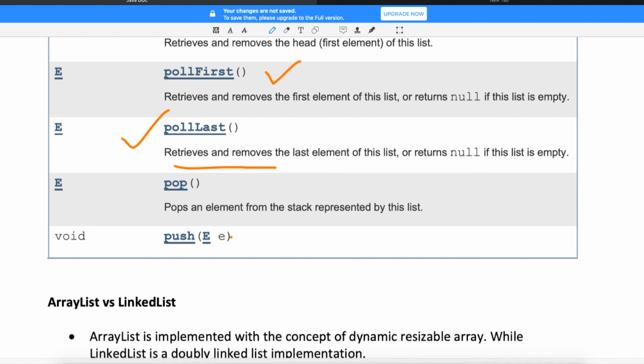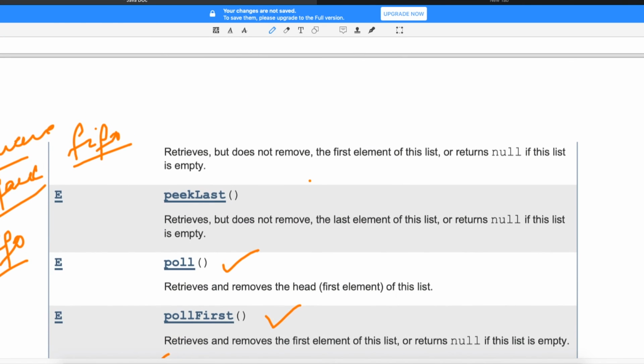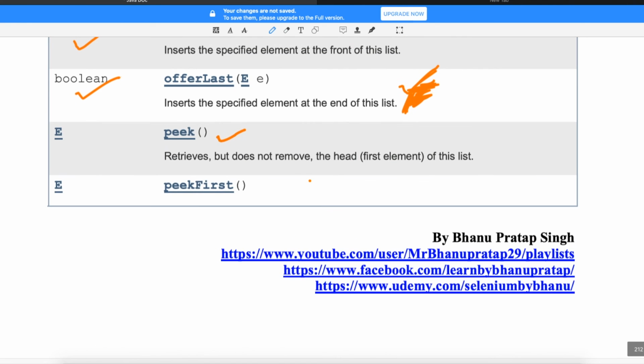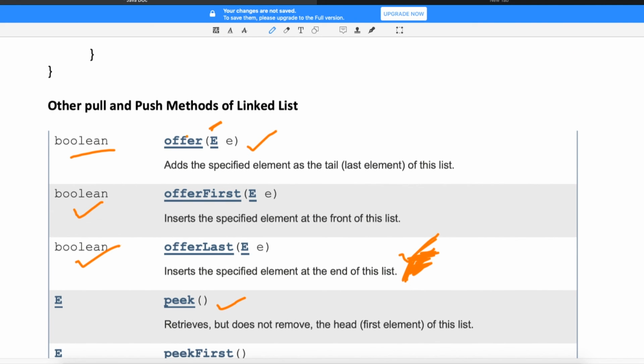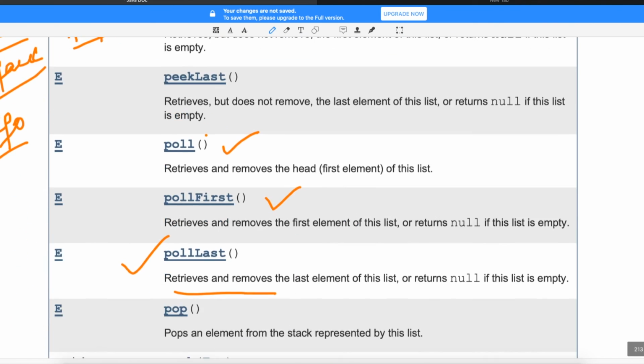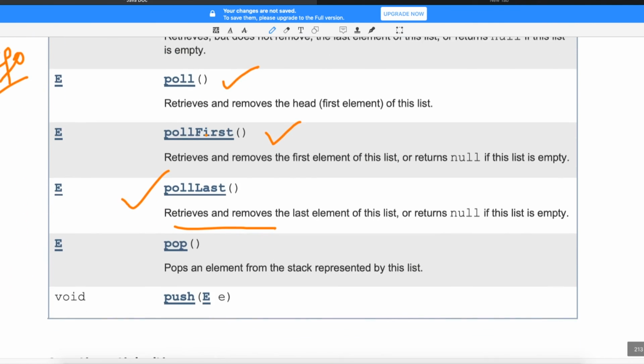So this guy will add the data to the beginning of the list, and with this we are done with the methods which are useful when you work with stack and queue. These methods will help you to achieve the stack and queue implementations. Till now you have heard of LIFO, FIFO, right? How do we achieve that? We achieve that by using these methods, whose implementations are provided in the linked list class. Please remember these methods. They are useful when you want to implement a stack and queue, which I will show you anyway, but here I am trying to tell you, right? This will help you.